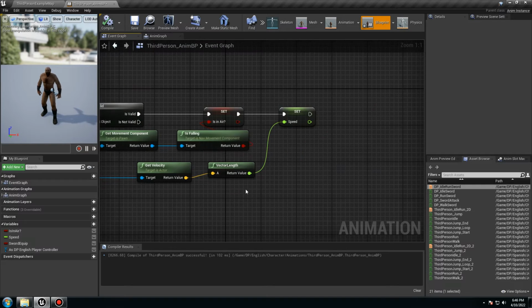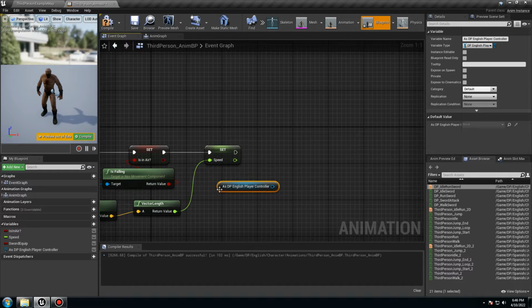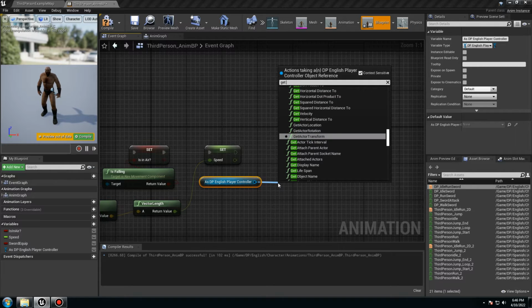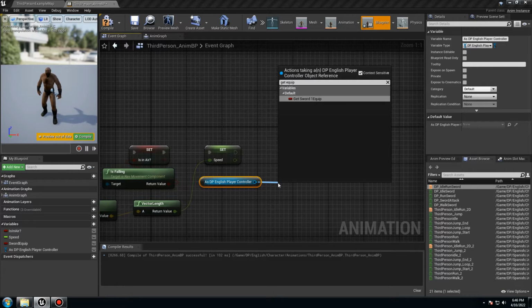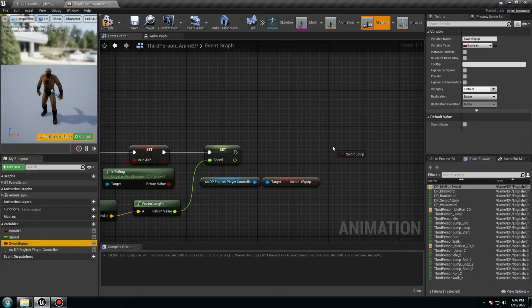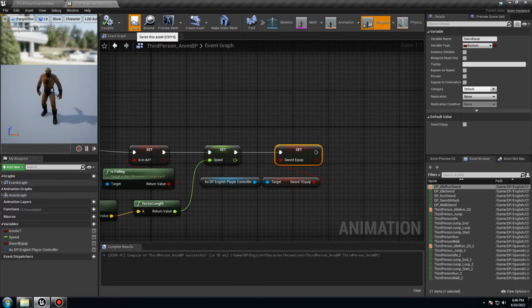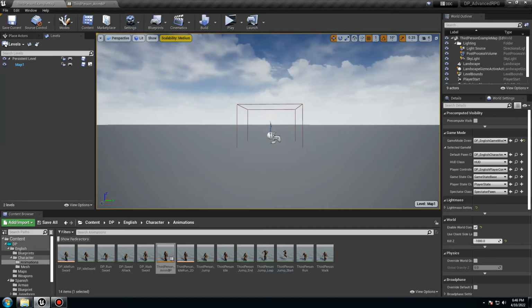So I'm going to put this here. Yeah, a little better. So we need this reference. So the name of the variable is get the keep weapon, I think. So it's going to be get sword one keep, and we need to set this to this sword keep. If you have more, you want to set it in the same one. So it's going to be this with this, and this with this. Right now we only have one, so it's going to be this one. So that's it. So now if you go play,